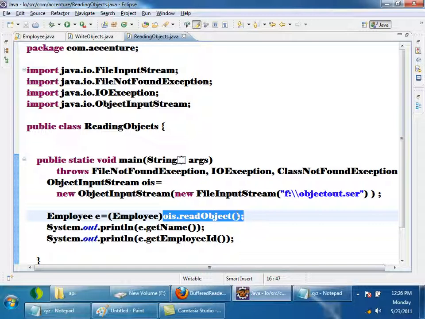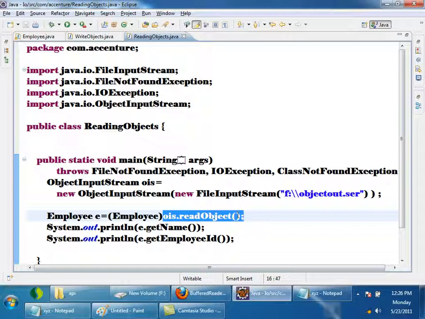the constructor of this Employee will not be executed, because if the constructor is called, it will be having default values. But after deserialization, I want the values from the file. In the file there is Prabhu, 420 and salary 10. I want those values. But if the default constructor is executed after the object is created, whatever values we assign inside the constructor will be assigned. We don't want that. So during deserialization, the default constructor is not executed. That's the second point to be understood.